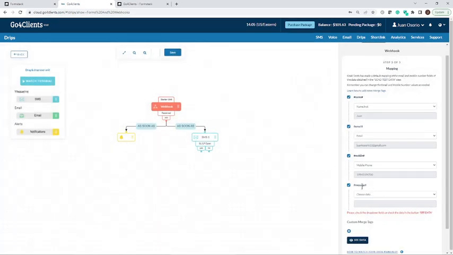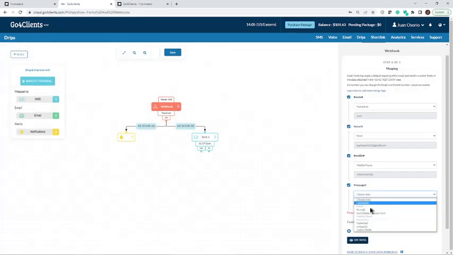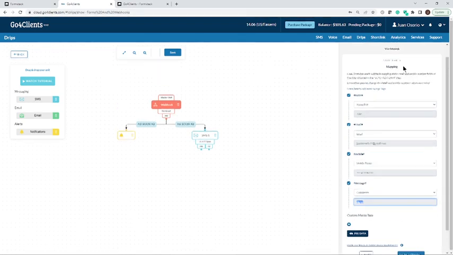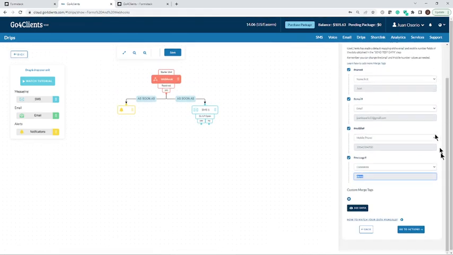So I come here and I'm going to say the message that I'm going to pick out from is comments. And there it is, demo is the information coming in from the form. All right, so when I'm satisfied with all the mapping, with all the association of the fields that are ready,